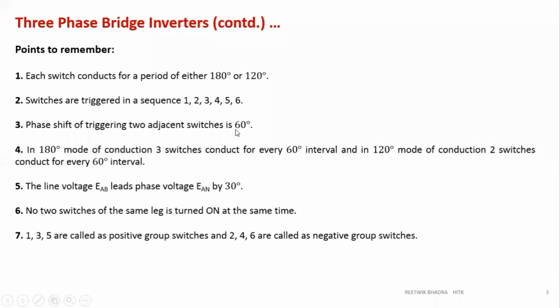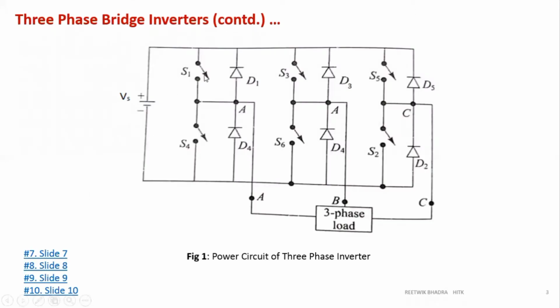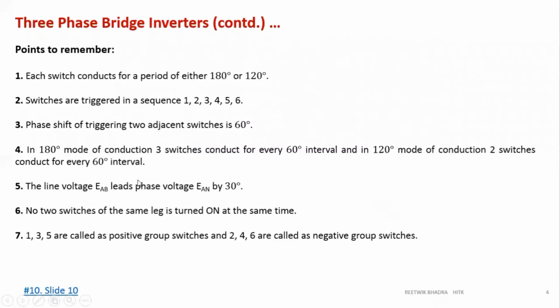If you draw your three-phase waveform, you will find that between any line and phase voltage, the angle is 30-degree. And when it goes from one phase to another, this is A phase, S1 is connected to A phase. Okay. Another thing I'll tell you on the point is written over here. Before I come to this later, 60-degree. Let me discuss these points.